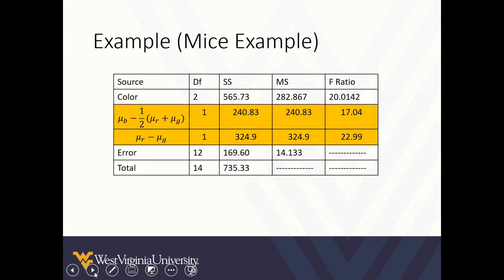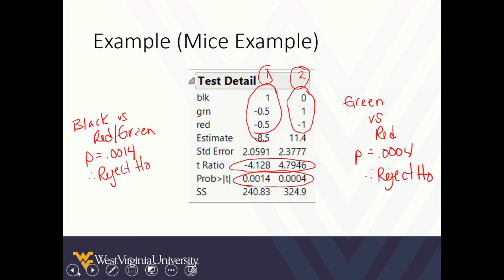If we were interested in looking at this as partitioned through our ANOVA table, it would look like so. But before we really look into this, I wanted to go back to the previous slide. This test detail also gives us our sum of squares. These two sums of squares added together equal our sum of squares between. That was what the note on the previous slide established. And so we can actually begin by testing our contrast